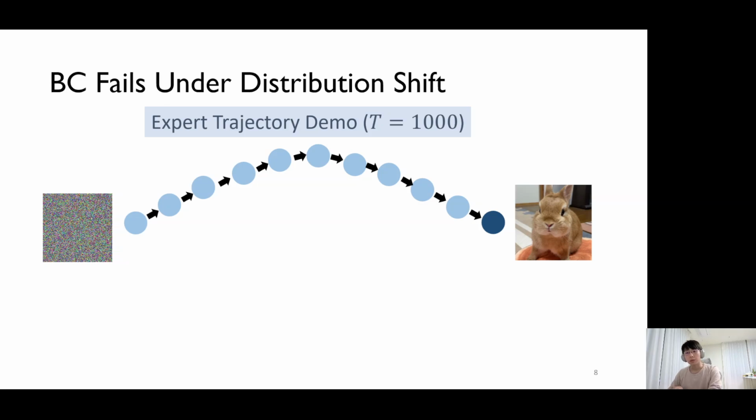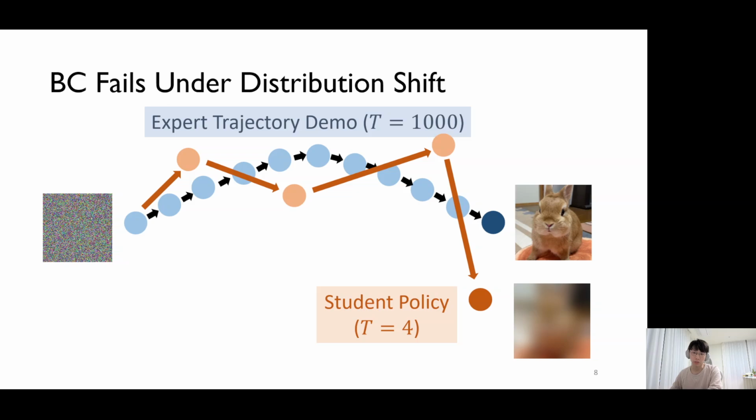However, behavior cloning is also responsible for the failure mode of diffusion models. Let's say we have a diffusion model trained to follow the trajectory of 1,000 steps. If we decrease the number of time steps to 4 for faster generation, the sample quality will deteriorate significantly. This phenomenon can be explained by the well-known fact that behavior cloned policies are usually fragile under distribution shift. When the number of time steps is changed, the student policy starts to deviate from the demonstration, and error will start to accumulate so that the sample ends up somewhere very far away from the training data.